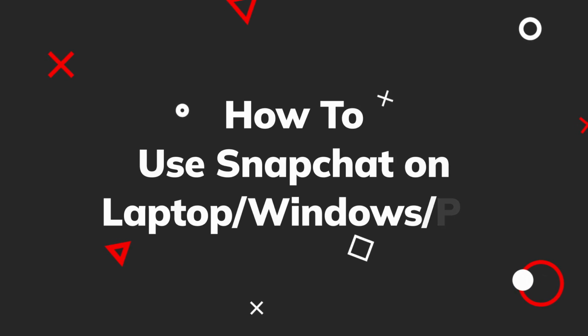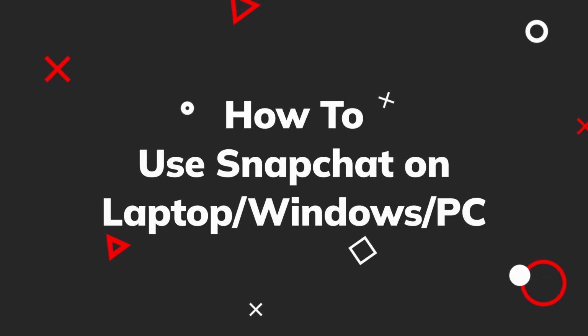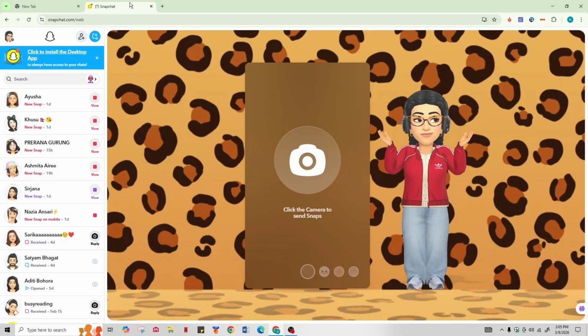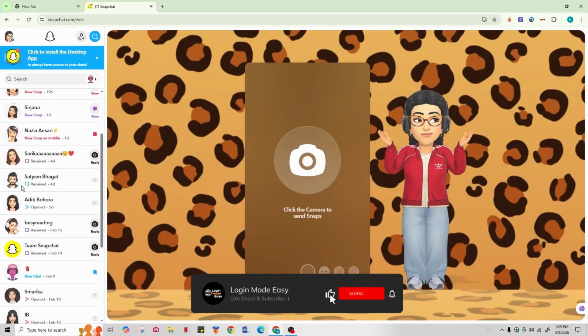Here's how to use Snapchat on your laptop or PC. So there are two main ways to access Snapchat on your computer. First, you can use the Snapchat web. Open a web browser on your laptop or computer and go to web.snapchat.com. Log in with your specific Snapchat username and password, and then you can chat, send snaps, and view stories right